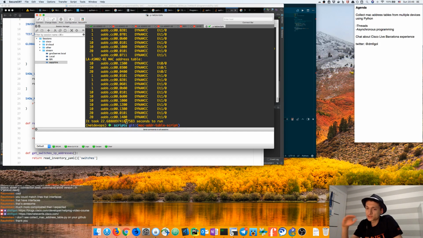After some number of threads, and there is no definite number, it depends on the program, but if you have more than hundreds or thousands of threads, it doesn't scale well. And asyncio